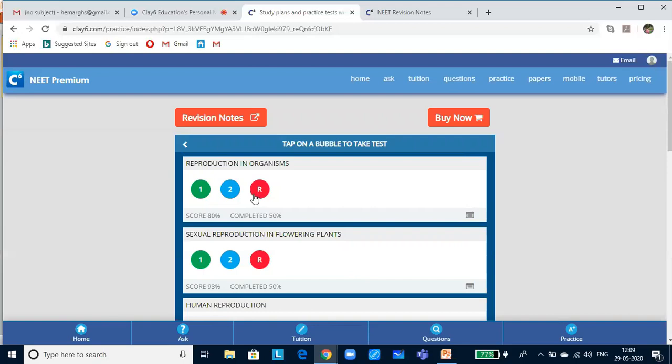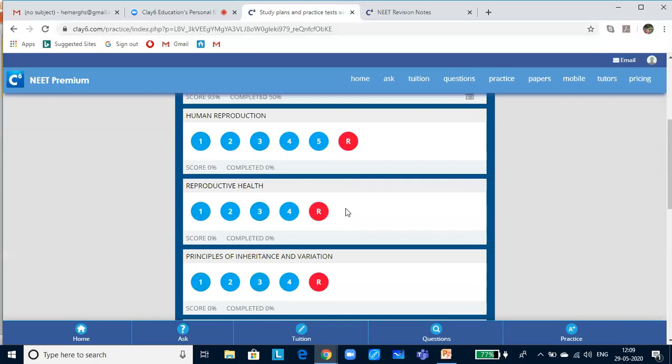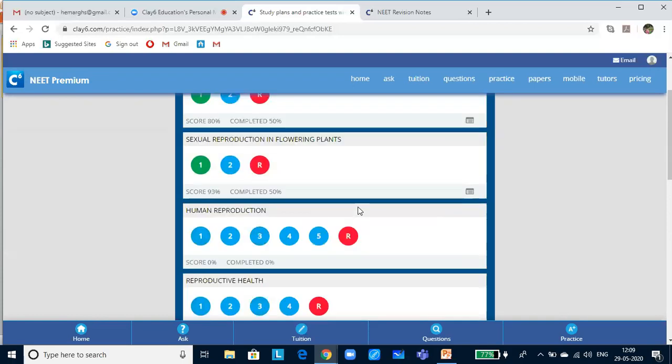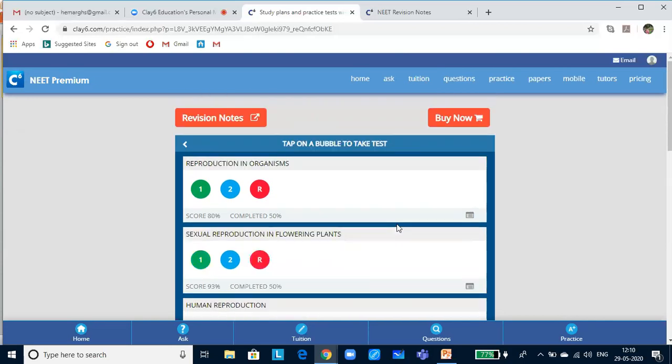And this is a red bubble, it's a randomized test. If you look at chapters, depending upon the complexity of the text and its importance in NEET, we have created the tests here. When you have completed all the tests, maybe you can take the red bubbled or the randomized test, wherein questions will be popping in from all the tests which you have already solved. This would help you to really understand and analyze yourselves about your understanding and application of the concepts. Now, if you click on this revision notes, it will lead to a PDF. Now, I hope you have got to know how to navigate to the website.